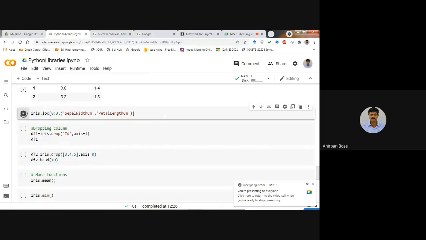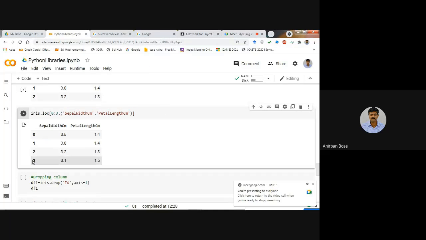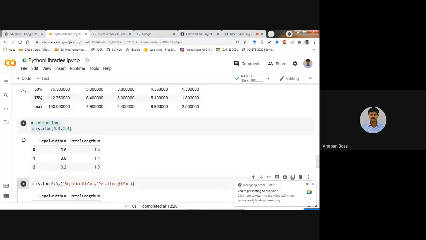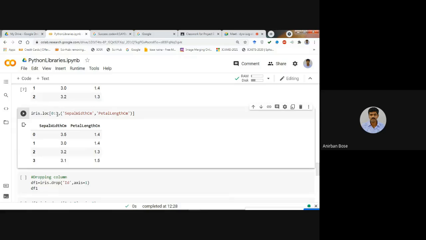If you do this through the loc command, you see now the 3 is included. Previously we saw that 0:3 means 3 is not included, that is the common behaviour we have seen earlier. But in the loc command, this 3 is included, so 0, 1, 2, 3.